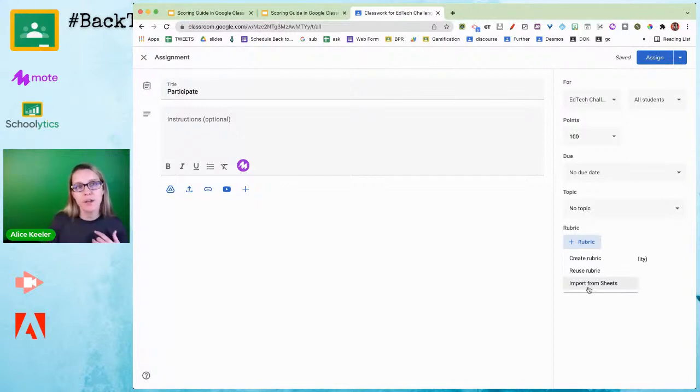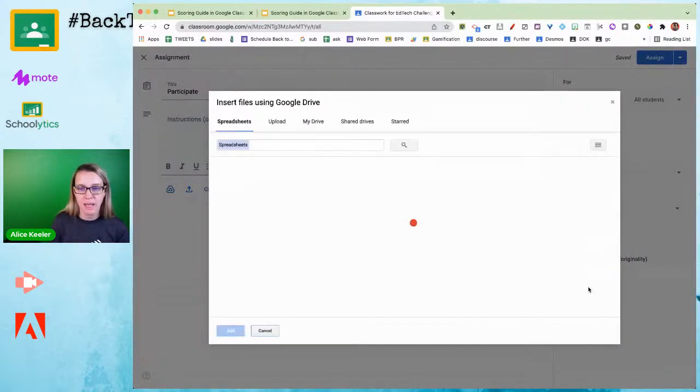So if you use aliceco.com/GC rubric or aliceco.com/GC scoring, you're going to be able to create all these rubrics because they do have to have a very specific format. So I do encourage you to check out my template, which again is not coded. It's just spreadsheet formulas. So I just import from sheets. I just made it, or I can go find it in my Google Drive.